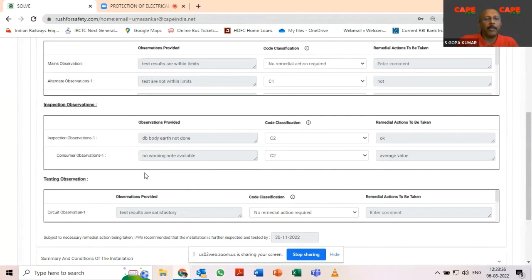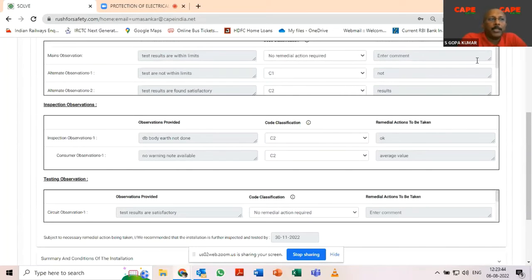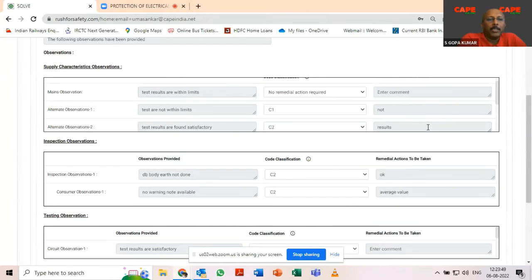Finally, the summary: you will get the result, and you will be able to find out how many circuits are in good condition, how many circuits are safe, how many circuits have problems, and so on. What you should understand is, as I explained in today's presentation about the lift, if you look at IS 732 or IEC 60364, the standard format, information about lifts is not included. Whereas in our software, we include the safety requirements of all the connected loads. Let's say, for example, if you put a lift,